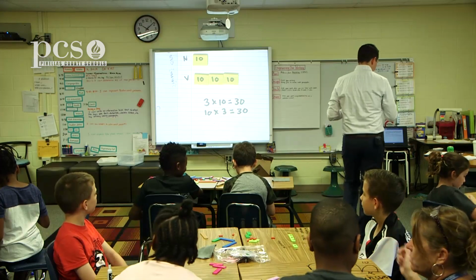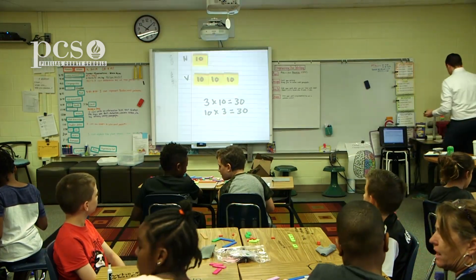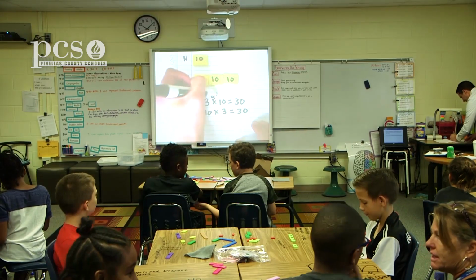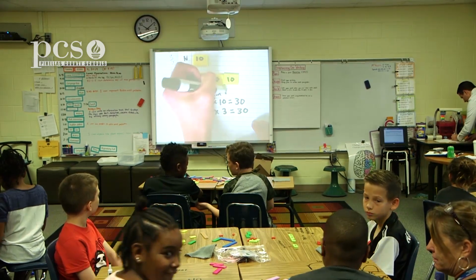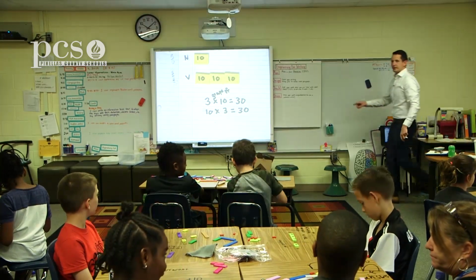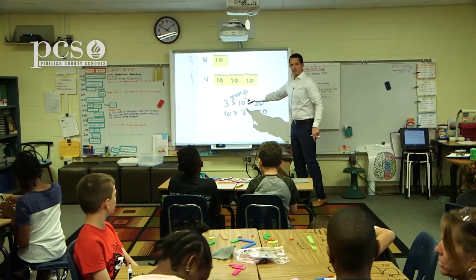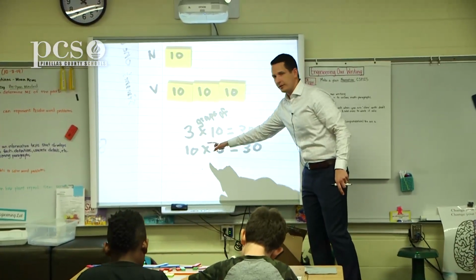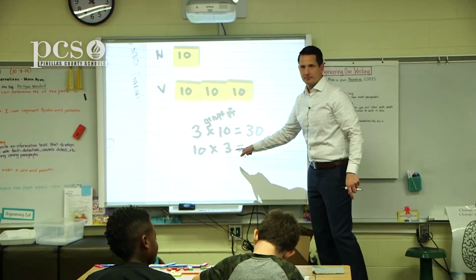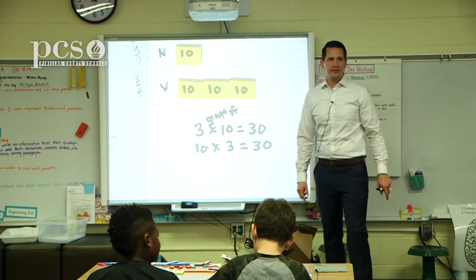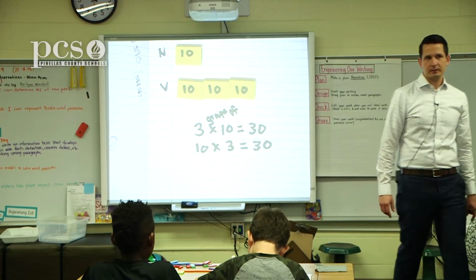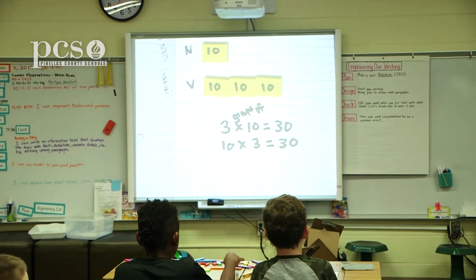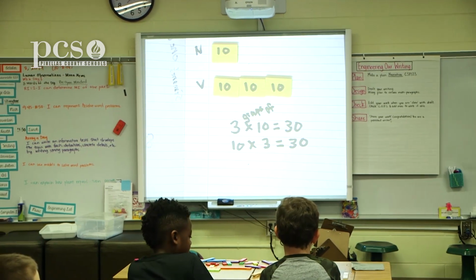Let's rewrite these as groups of. So look up here. Do I have 3 groups of 10? Or 10 groups of 3? So which one represents the problem? Both of these could help us find the solution, but only one of them is representing the model you